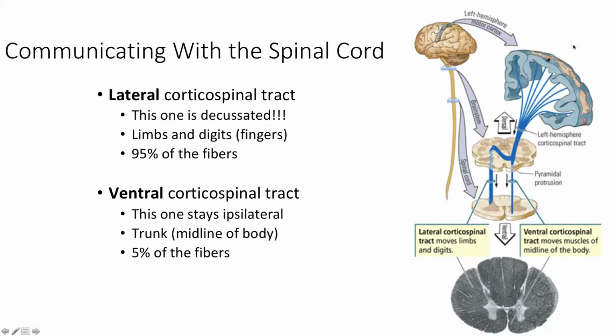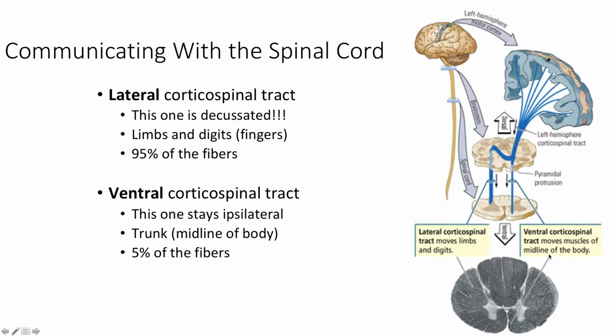So, little recap. Let's look at the left hemisphere only. It goes down to the brainstem. Whenever it hits the pyramids, 95% crosses over, and these will form the lateral corticospinal tract, and these will move the limbs and your fingers and toes, and 5% will stay on the original side and will be way more ventral right here, so they're called the ventral corticospinal tract, and they will move the muscles of the midline